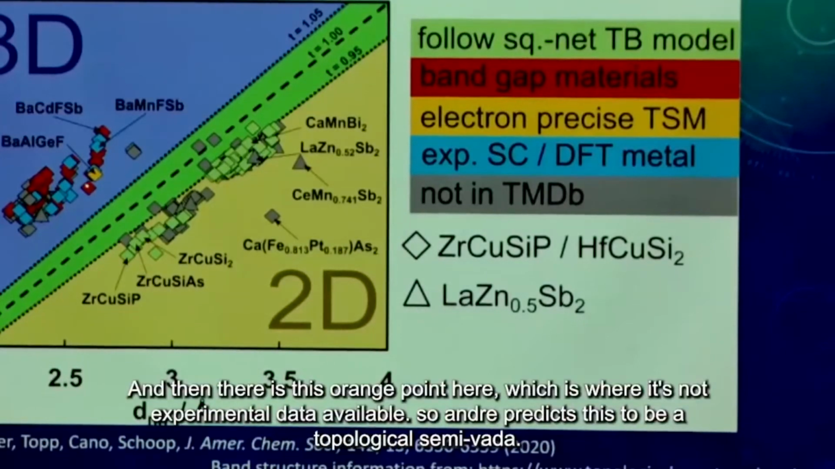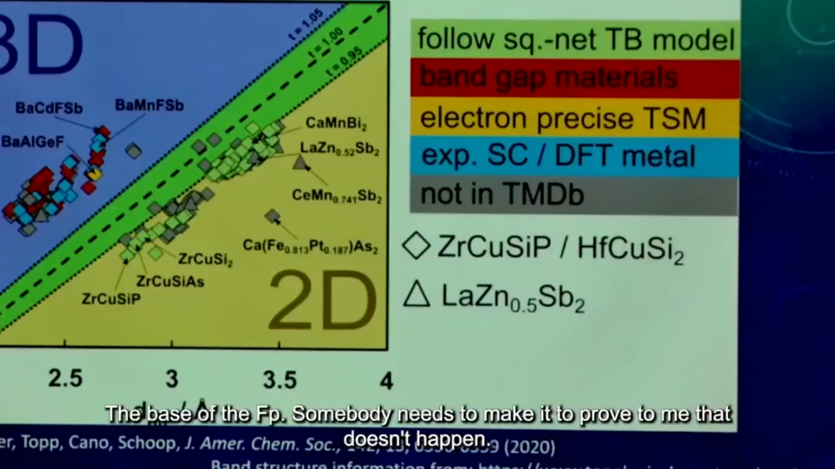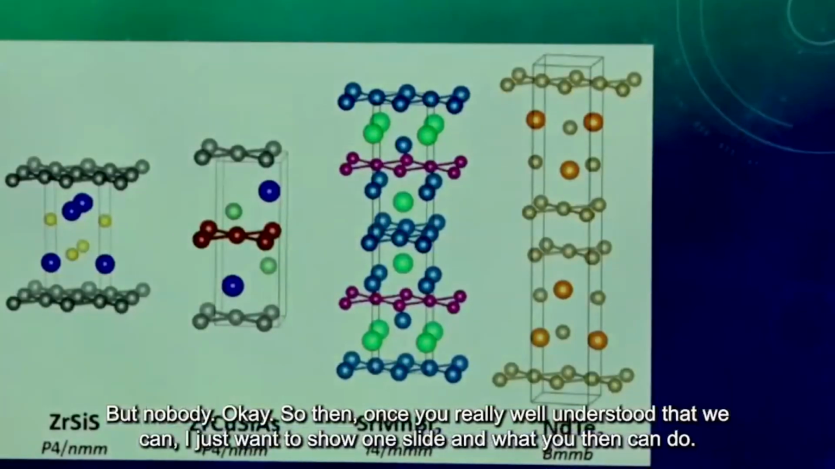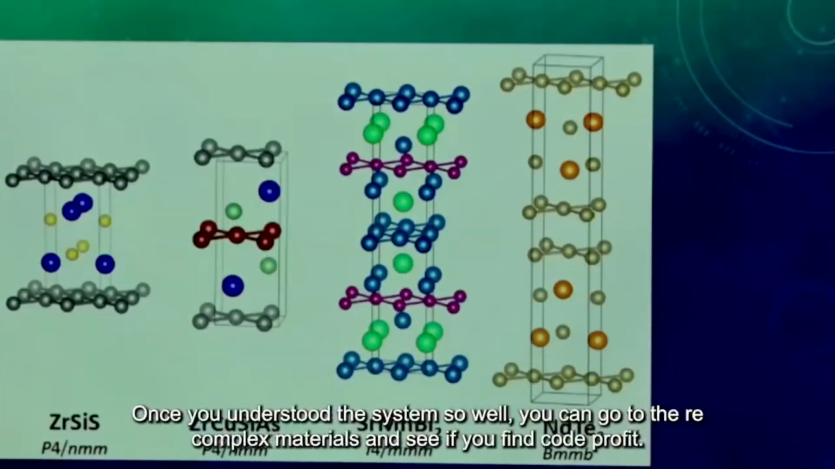And then there's this orange point here, which is where there's no experimental data available. So Andre predicts this to be a topological semimetal based on DFT. Somebody needs to make it to prove to me that this doesn't have a band gap. I predict it to have a band gap. But nobody did. Okay, so then once we really well understood that, I just want to show one slide what you then can do